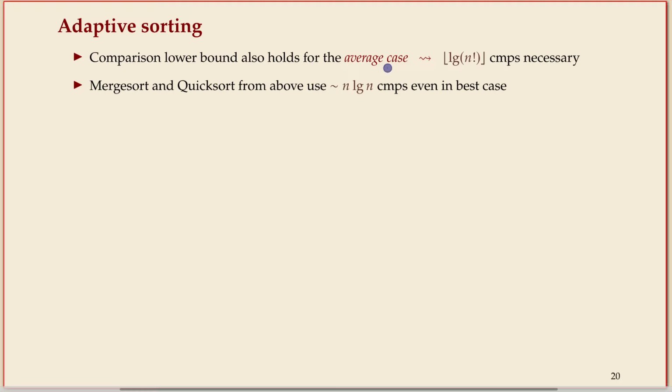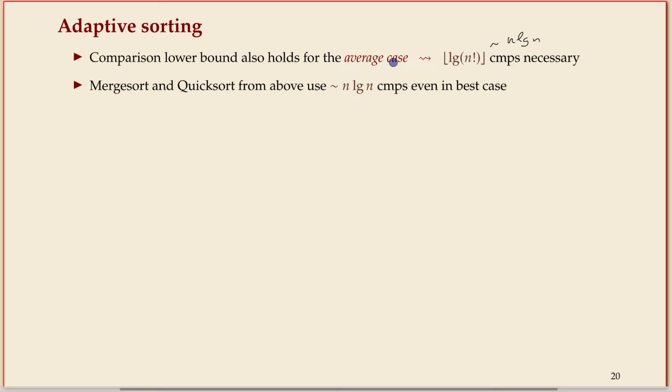So what this means is, on most inputs, if you have a random, randomly permuted input, there's no way for you to exploit anything. Because if we have full randomness, that number of comparisons are necessary. And remember, this is asymptotically equivalent to n log n. And so either quicksort or merge sort will essentially do this. But even in the best case, they use this n log n number of comparisons. So usually we can't do much better, but it turns out that